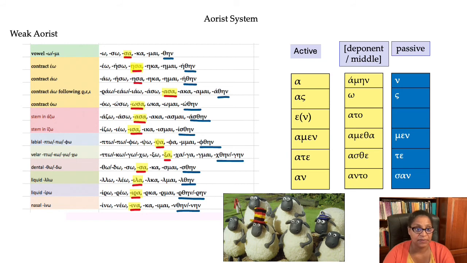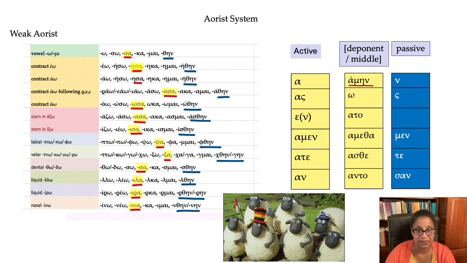Right? And if it's middle, or if it's a deponent form of this, you can know it's a deponent form of the aorist because it'll have amen. A weak aorist will have amen. The alpha, amen, right? And then if that's the case, then you conjugate amen, o, ato, ametha, asthe, anto, right? And in the passive,